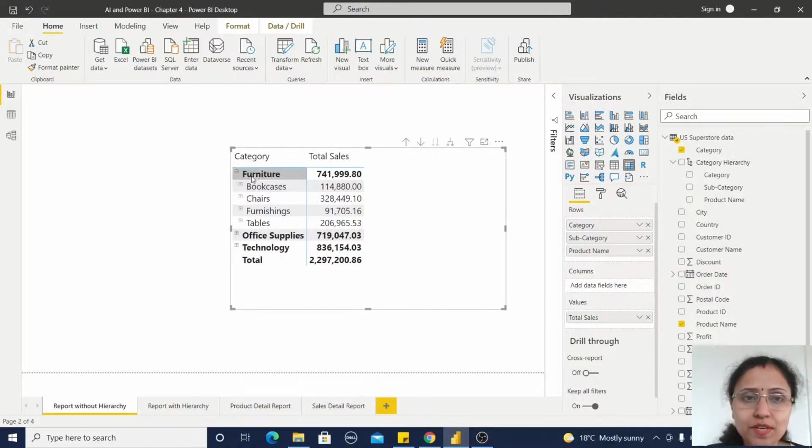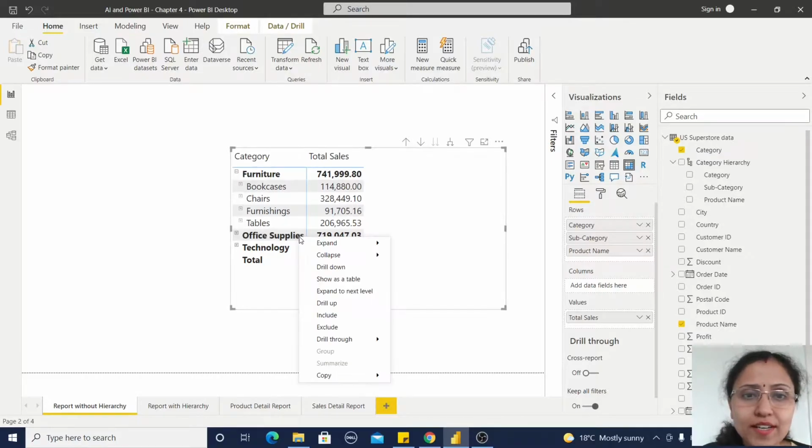Here you can observe that when I select furniture, it moves to the next level, subcategory. It is not filtering out the other categories, because the other category information is also available.